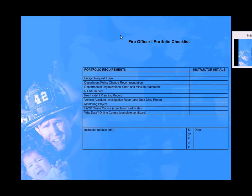The mentoring project. The mentoring project is going to be completed. We'll be talking about that in a little bit, but they are going to have to write a 3-page paper that has to deal with the mentoring project, what they got out of the mentoring project. They're also going to have to choose one of the JPRs, one of the job performance requirements, that is